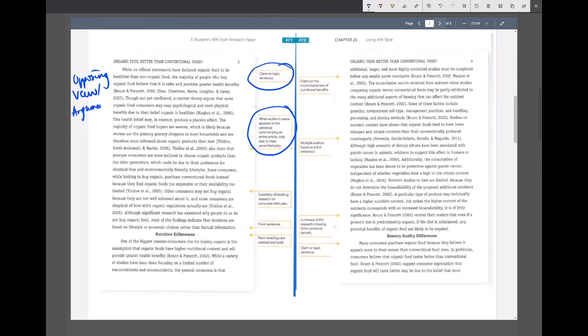So before your body paragraphs, before you give your argument, you want to acknowledge or recognize and deal with the opposing view. So in this case, this paragraph right here addresses the issue, well, a lot of people are buying organic food because they think it's safer, they think it's healthier and tastier, and they look into what supports that counter argument.